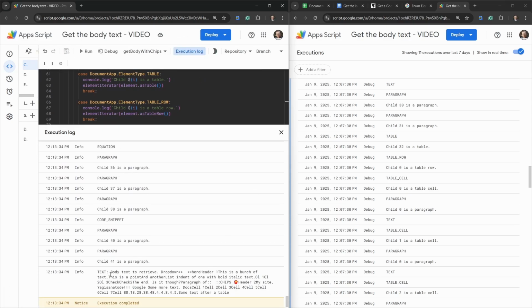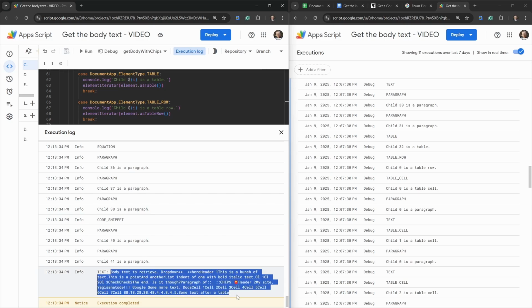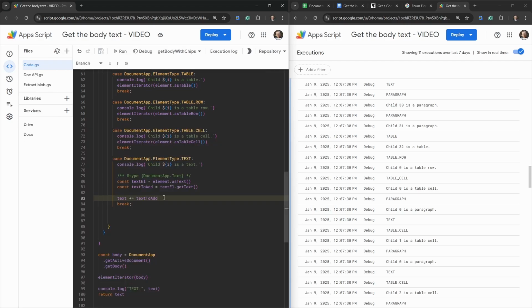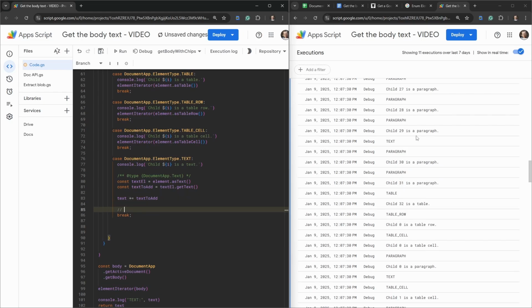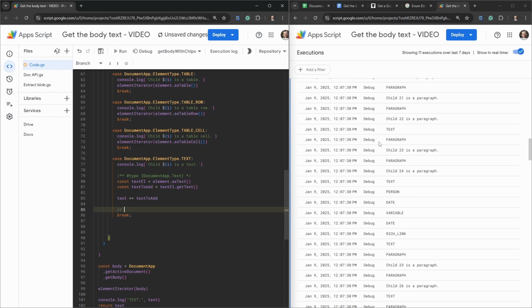And you can see all the text that we've found so far is in here. Now we've managed to get a fair bit of the text, but we haven't handled a number of other conditions at the moment. And our text is kind of squished all together, which we don't want. So what we could do here is, remember when we get into these child text items here,